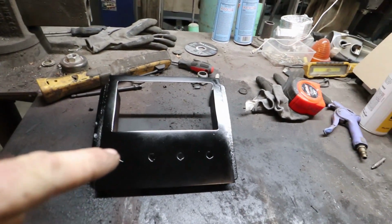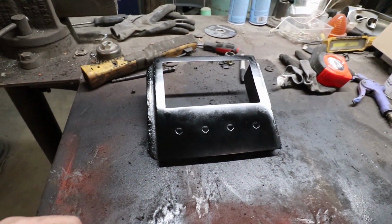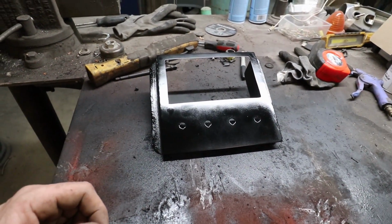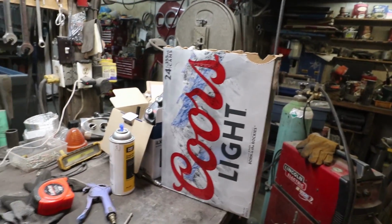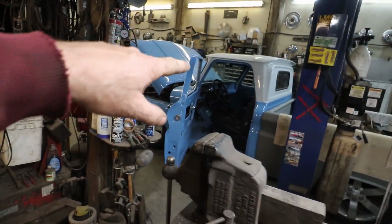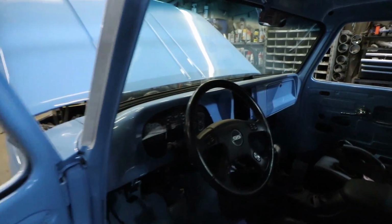Well, I got this painted up for the second time. First time the paint did something weird. So it's not quite dry yet. I'm gonna let that dry. While I'm waiting for that, I'm just gonna start stenciling up the pattern to build this console,